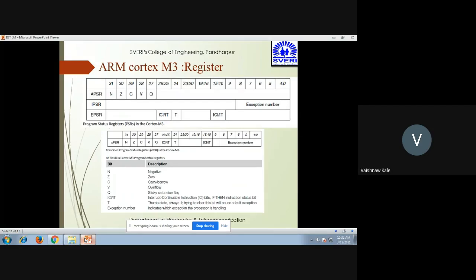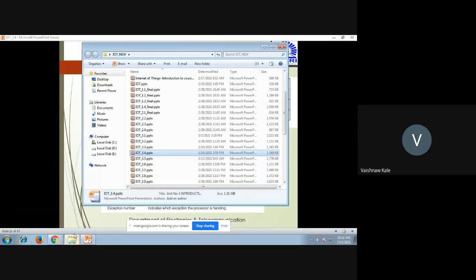Now, in a little more detail. The APSR, IPSR and EPSR can be individually executed. APSR has register bit numbers from 27 to 31. Then for IPSR, there is an exception number from bits 0 to 8.